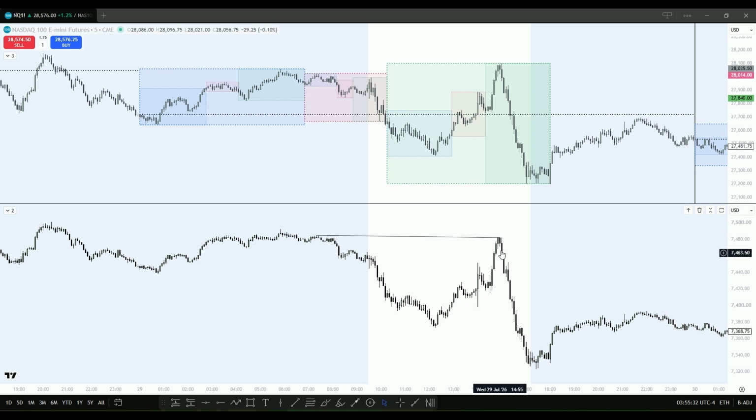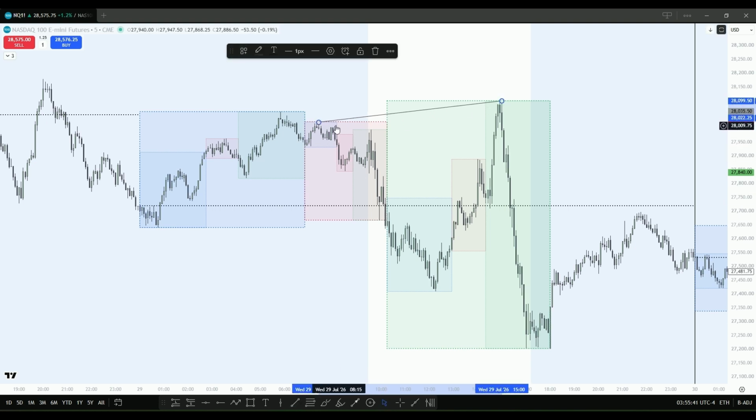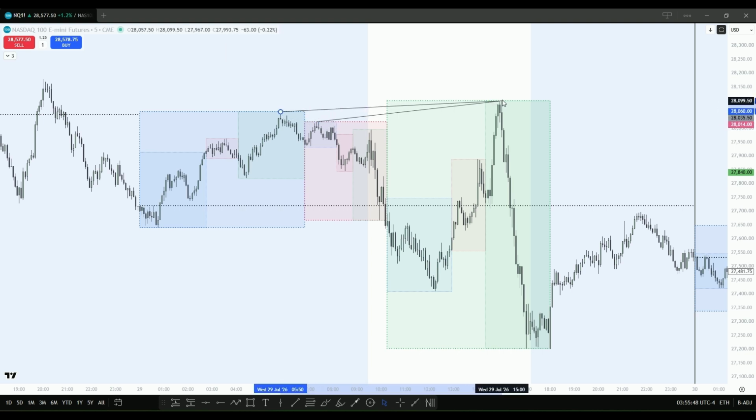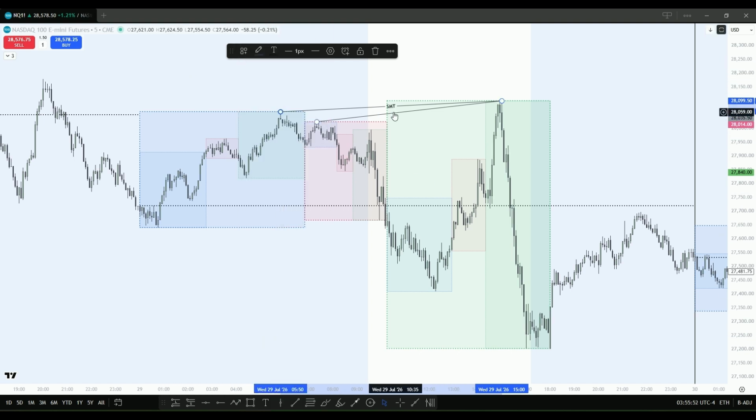Okay, so ES remained weak, but NQ took both of these highs. So NQ took the high of the manipulation cycle, and it also took the high of the accumulation cycle. So we had an SMT here,